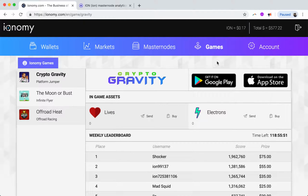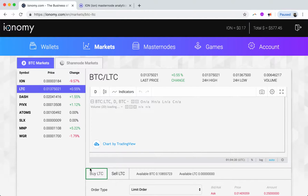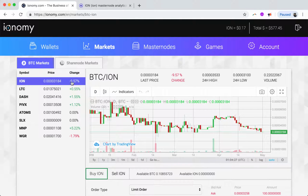And then, of course, if you get your Ion, this is the next thing that I've been exploring, which is they actually have a relatively liquid market here for selling your currency. Now, I've looked at some of these, and for the sizes, the volumes, it's reasonable, but with respect to getting Ion, you see it's down 10%. I mean, that's a little ridiculous